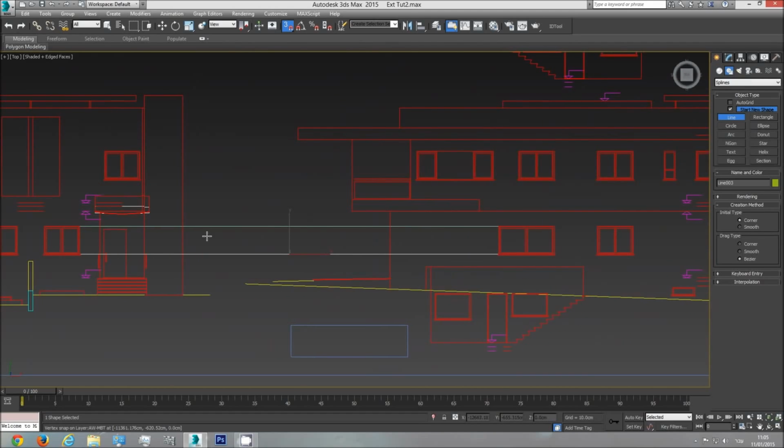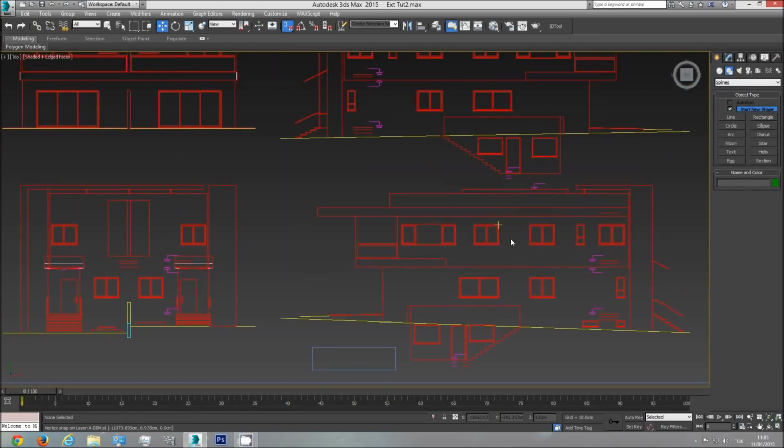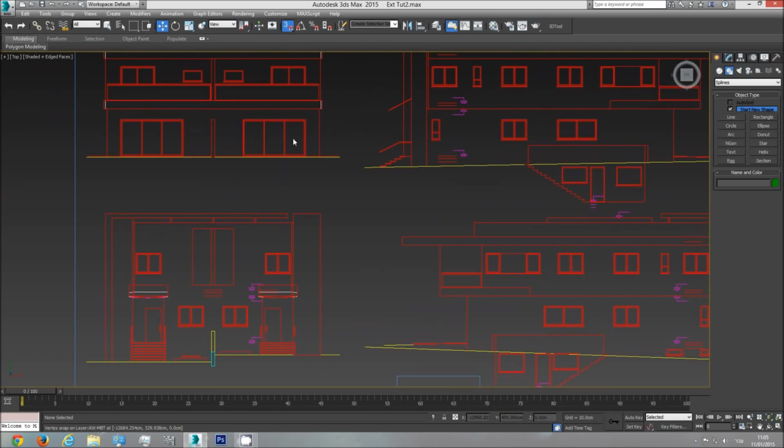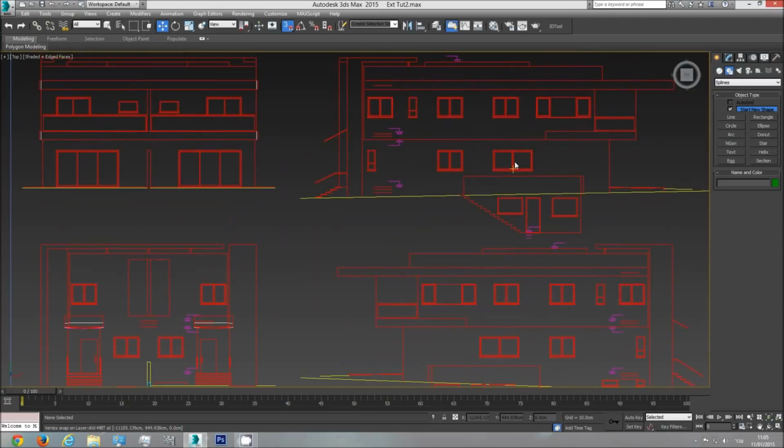Again, same height, same line, that's fine. That's okay. Now we need to check if the height of this angle and this angle, windows and doors,